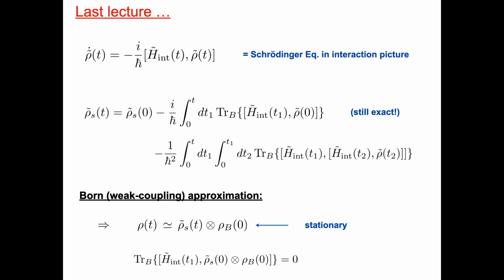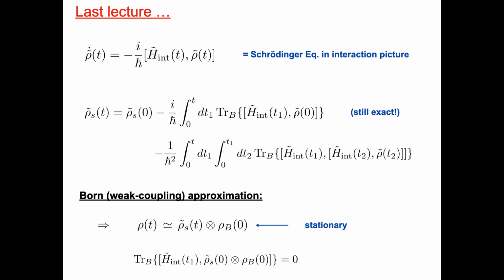Another point: we integrated this equation, then we also traced out the bath degrees of freedom, because that's what we wanted. We're not interested in the full density operator, but only in the subsystem. So we traced over the bath, and therefore we get the reduced density operator. Here there's still a bath operator and a system operator, so we still have this trace left. But you see that the density operator at time t still depends on the density operator at t2. If we don't know anything more, this doesn't help us, because the solution depends on the solution itself. This is just a formal way to write everything.